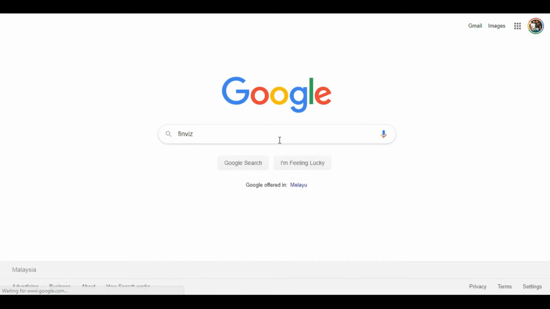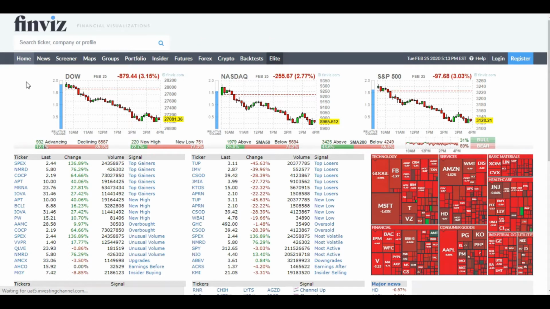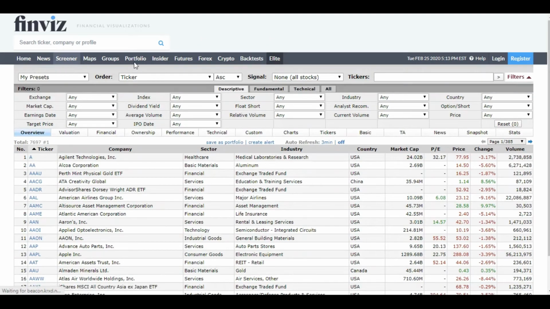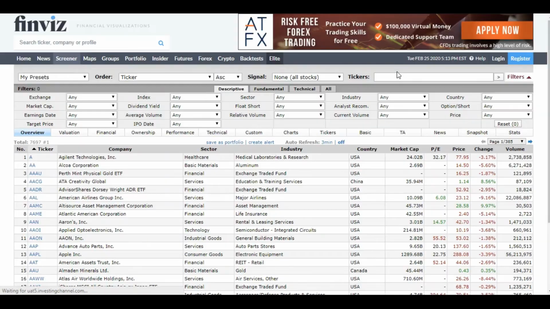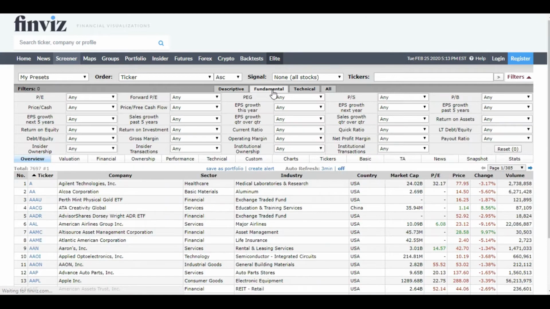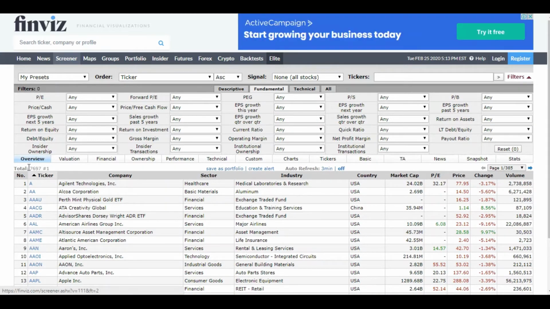Yes, you can just type search. So we'll be going to screener and fundamental. So as you can see now, the total companies listed here is